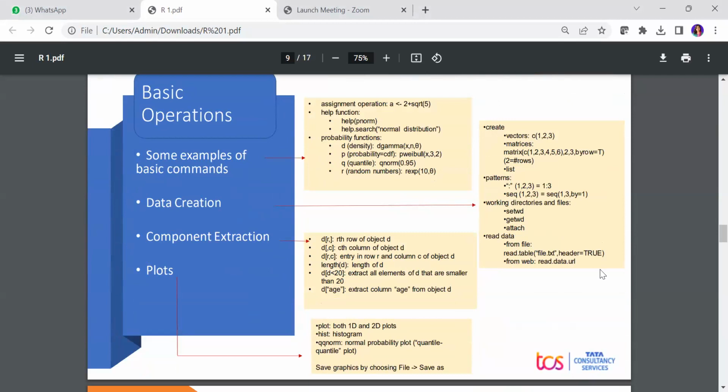Now there are some basic operations in R that I will quickly discuss. Some examples of basic commands: suppose you want to define one value, which is 2 times the square root of 5. How can you do that? You name that value a. If you look at the first line on the right-hand side, that is the assignment operation: a, then this inverted arrow, then 2 times the square root of 5. And there is the help function that is very